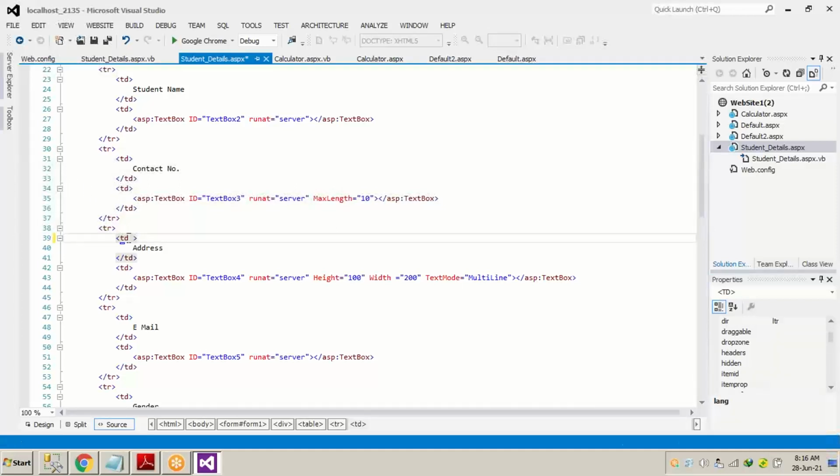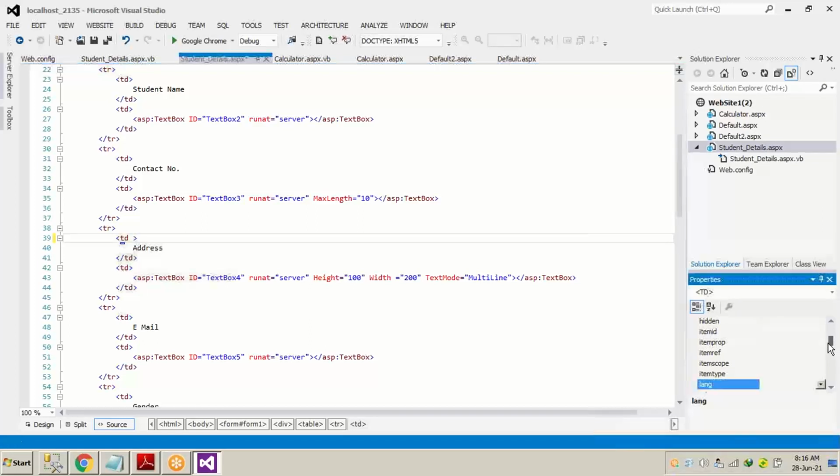When you click on any TD, the properties of that particular TD open at the bottom right-hand side, and there are many things. I'm going to tell you what all needs to be changed.